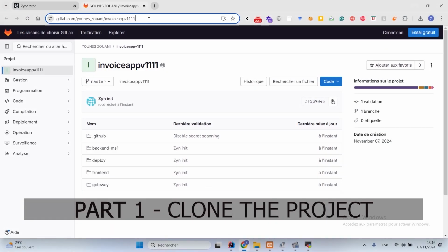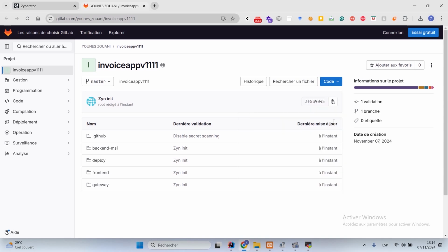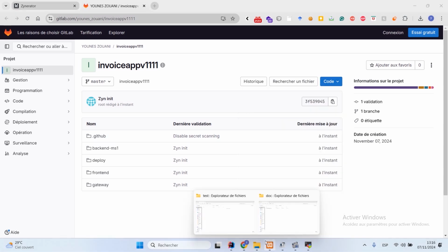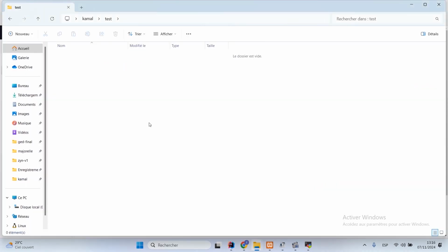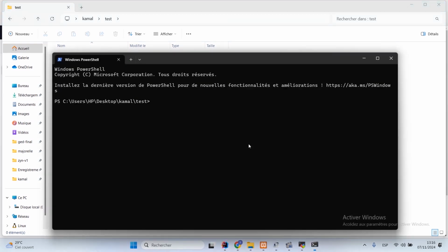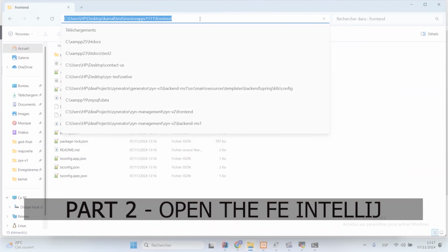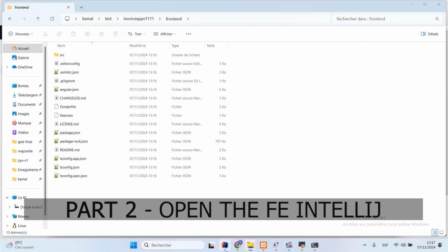After generating our project, the first step is to clone it. Open an empty folder, navigate to the desired directory, and use the command git clone to bring the project files to your local system. In this case, our project is called Invoice App v1111. We'll open our project in IntelliJ,